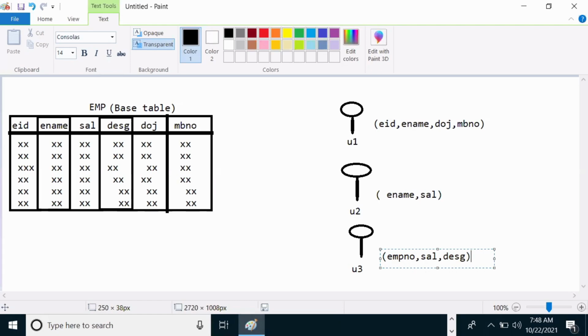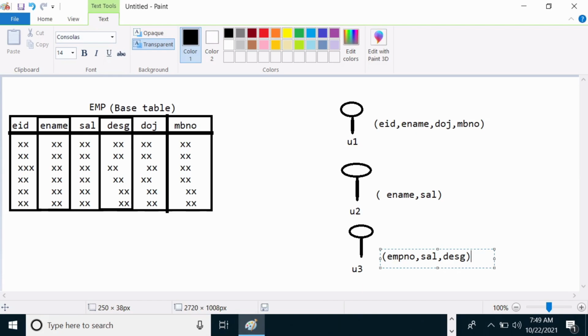So three different users, and they wanted three different types of data. The first user wanted 4 columns of information as per his requirement. The second user wanted only 2 columns of data.